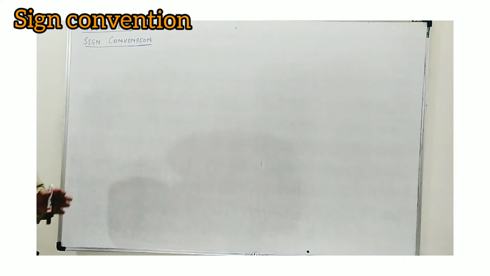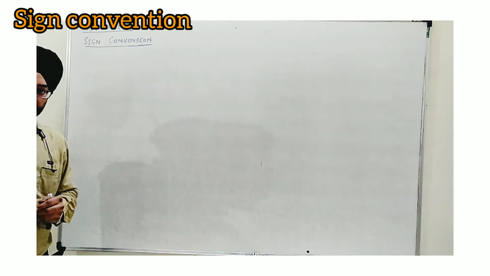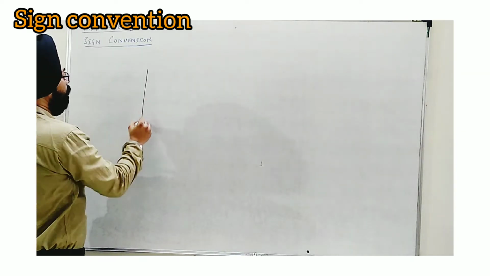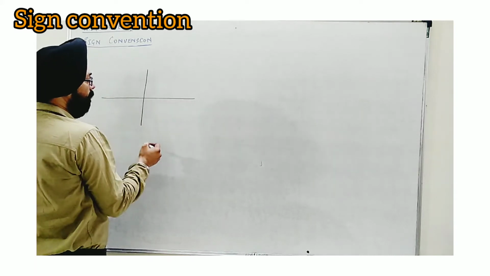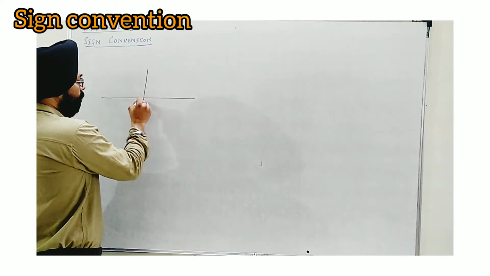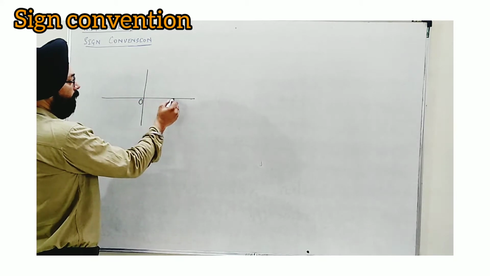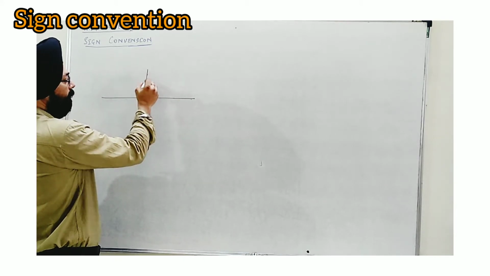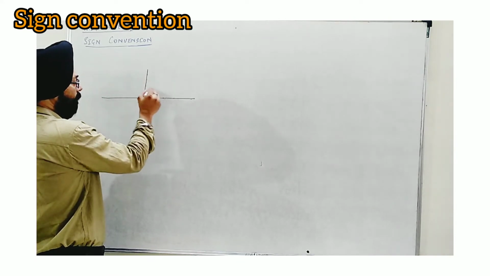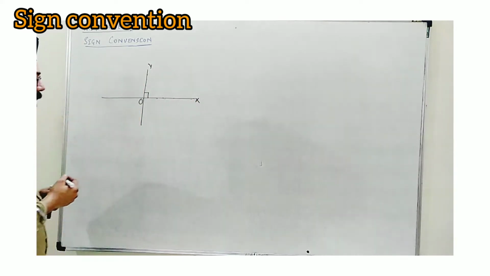Sign convention means how a function behaves by sign in different quadrants. I will explain. If we draw the four quadrants here, and I consider this to be the zero angle, then when we reach here, this becomes 90 degrees. This much angle is 90 degrees, from 0 to this position. We can say this is the Y axis.